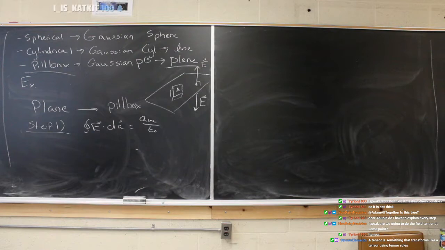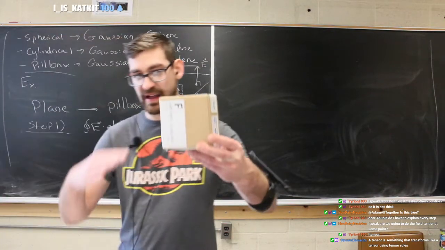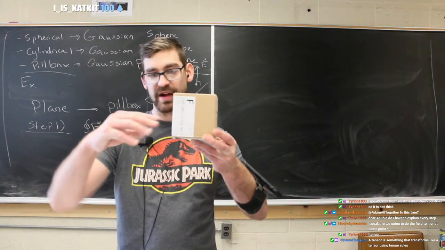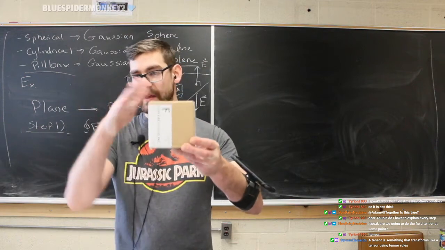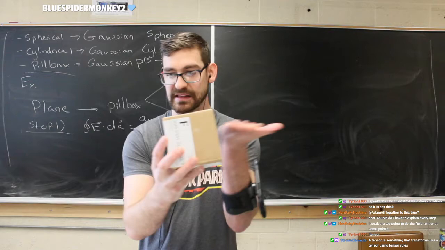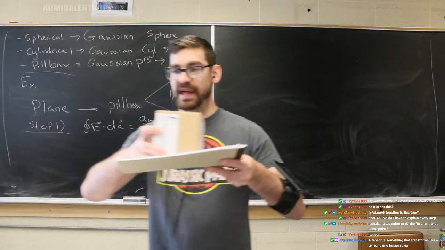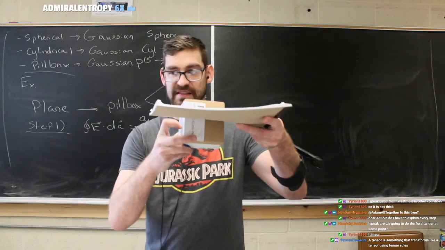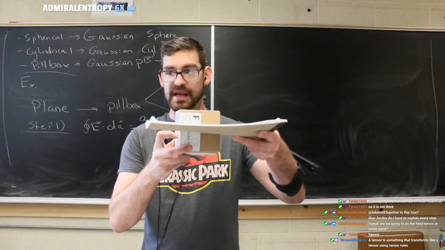So you just have this little box that exists, and there's the plane that runs directly through it, right? And it has 2 tops, and then it has 4 sides, right? Now, if we think about the plane being level here, so if this is the plane, and our box exists like this, where it's half above and half below, then